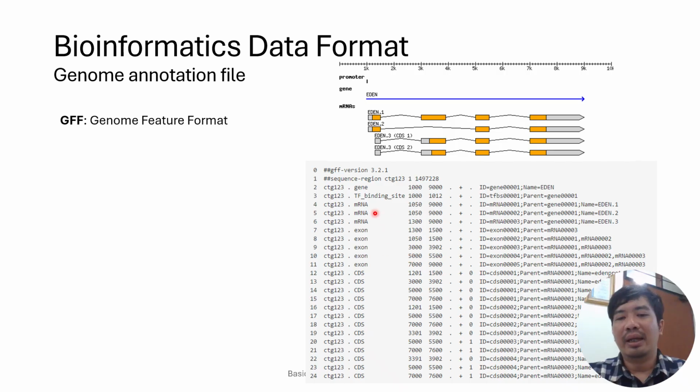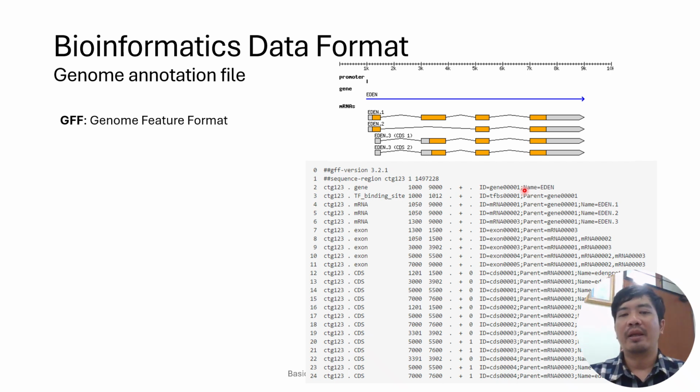You can see they have a strict structure. When you have an mRNA, it should have the parent gene, and this is already connected.